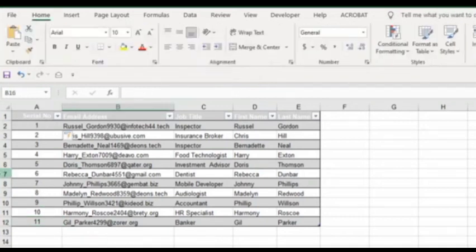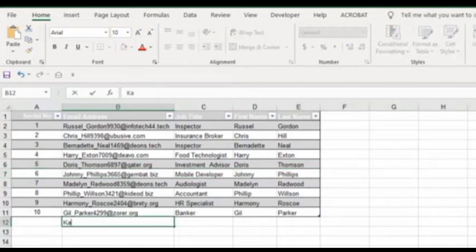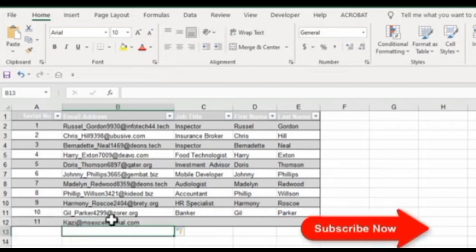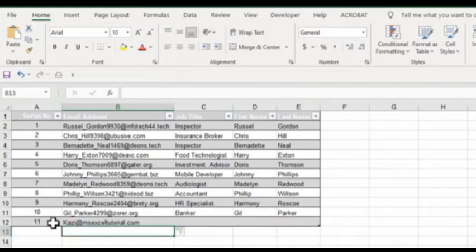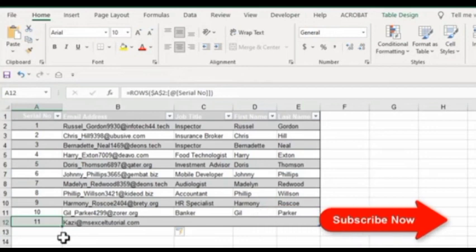Now if I delete any row, you can see the serial number is automatically updated. Now let's write something here. If I press enter, now you can see our table has automatically expanded, and so does our serial number. So if you have a table here created and you enter data in any of this column, your table will be expanded, and if your table expands, so does the serial number, and the formula will automatically copy to the next cell. This is how you add an auto numbering system in your Excel. This is how you can insert serial number in Excel using table and function. Now you should remember one